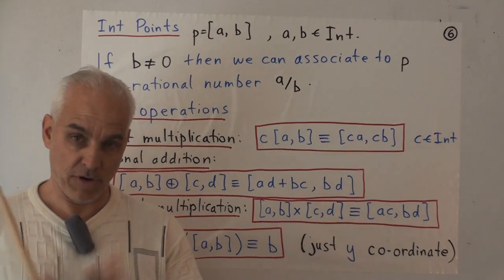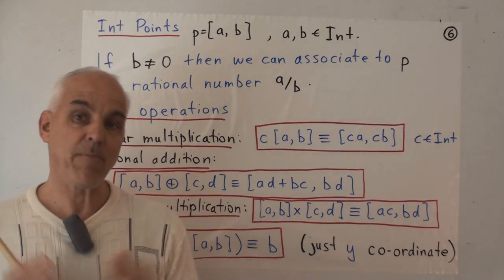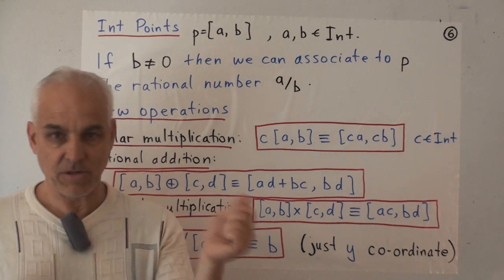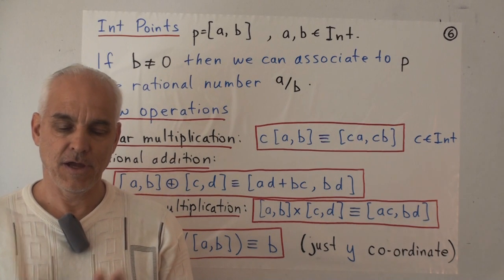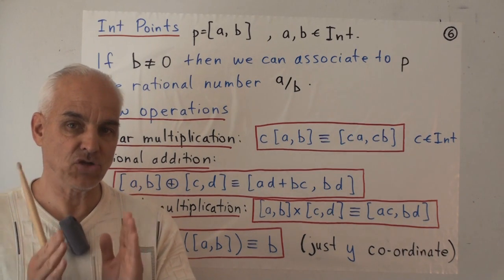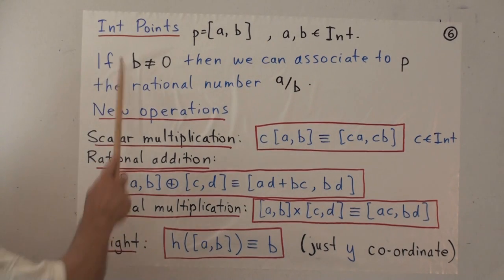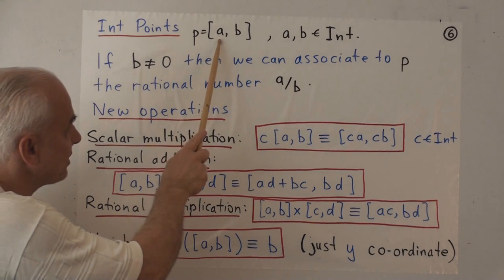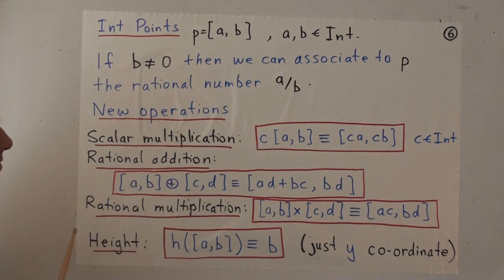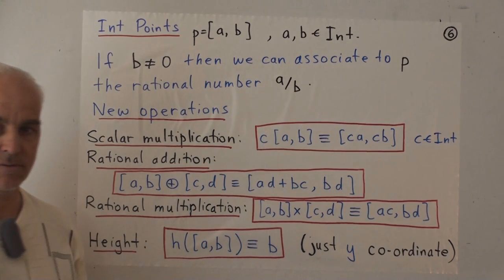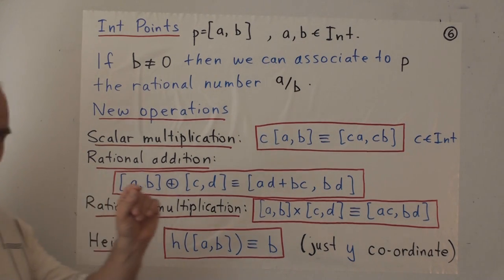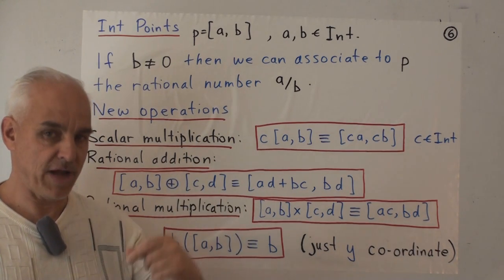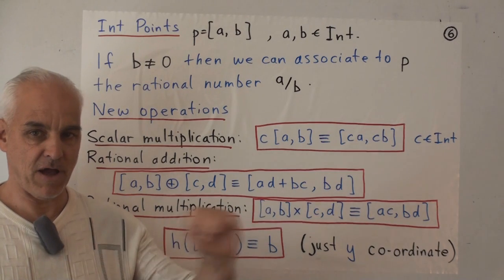So let's shift our point of view now from the rational numbers to integral points in the plane. There's a natural connection between the two, but they're different. But it'll be useful for us to think about integer points in the plane. So integer points: we're talking about points that are of the form (a, b), where a and b are integers. And let's make sure we all understand that, right? Integers means natural numbers, or 0, or negative numbers too. Any one of those three possibilities is allowed.